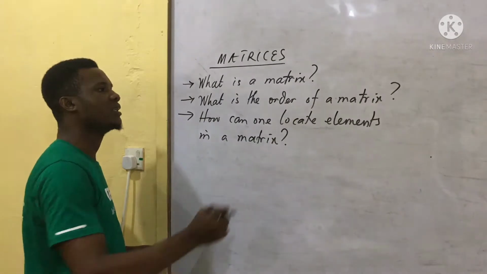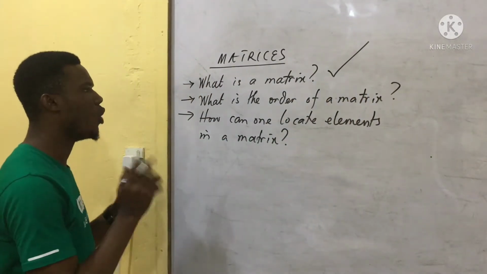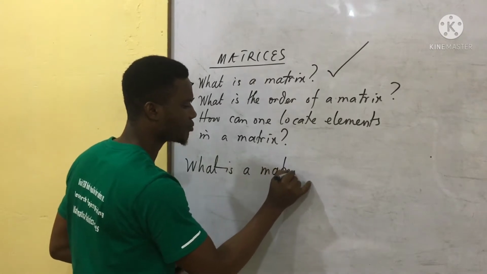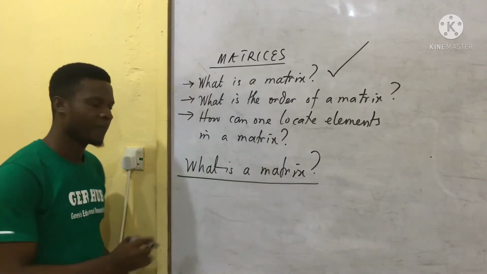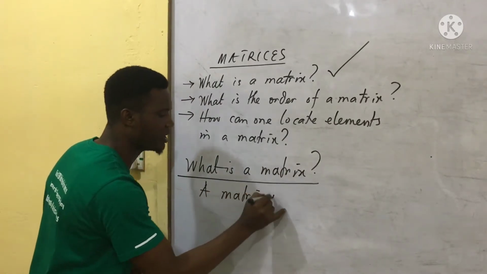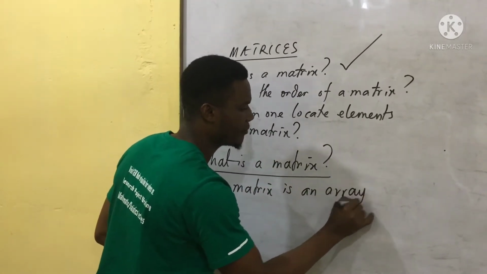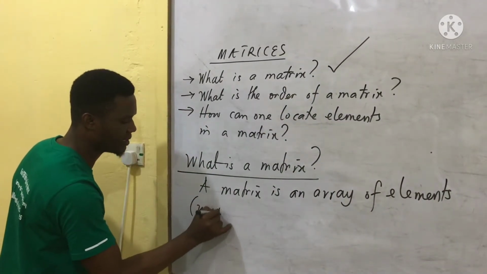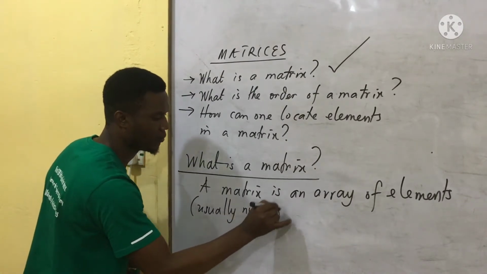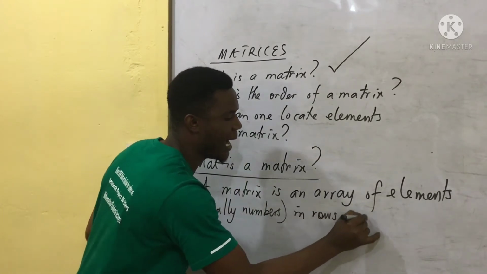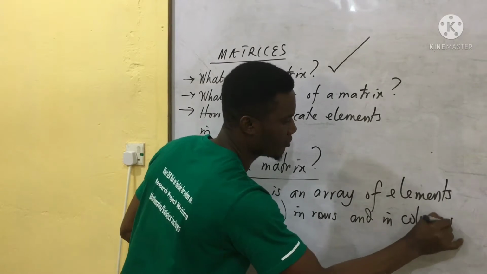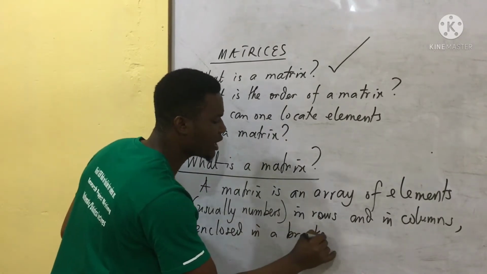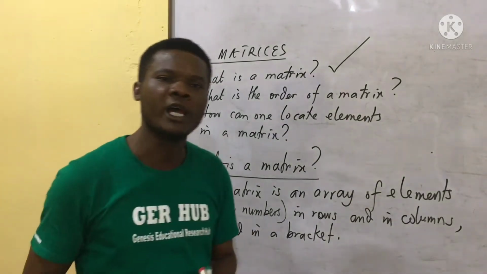So let us start quickly with objective number one. What is a matrix? Good. Now, a matrix is an array of elements, usually numbers, in rows and in columns, enclosed in a bracket. So I'm going to take my time to explain this definition